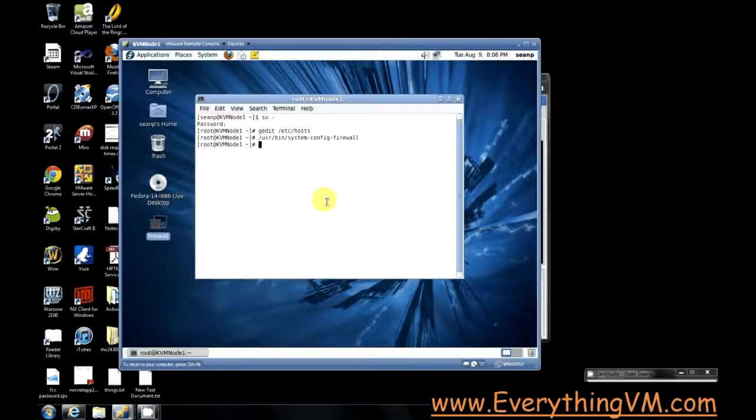And now that our firewall changes are done, we can move on to NFS. Now, in order to have a 2-node setup where you can migrate your virtual machine between different nodes, you